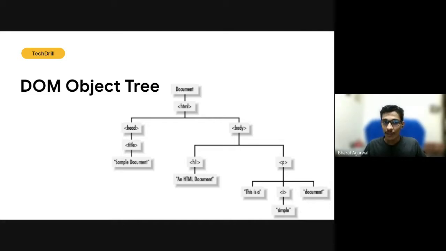So this is what a DOM tree is. You see, the document is the root node. If I have the p, I can always get its parent node, which is body. Its parent node is HTML, and its parent node is document. That's how it is a tree-like structure, a tree representation. So did you guys get it? What is a DOM tree now?